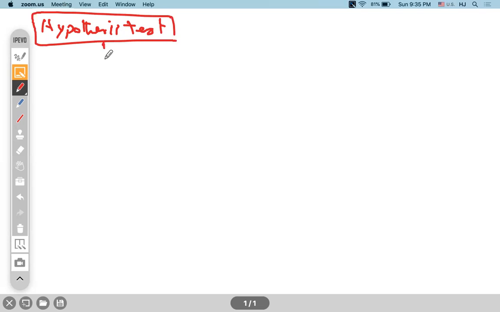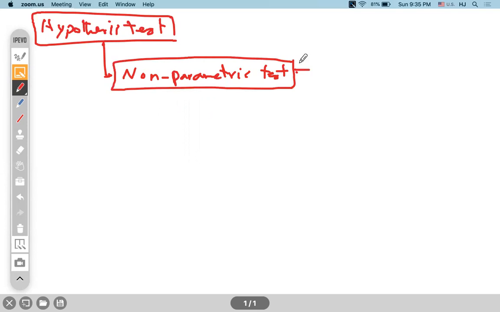We can also run a group of tests where we don't know what type of distribution. We don't have any assumption about the distribution. So we call them, let's say, a distribution-free test, and we describe them as non-parametric tests. So with this type of test, this could be like